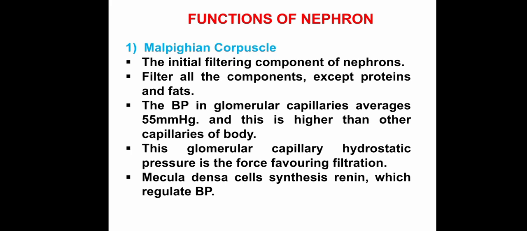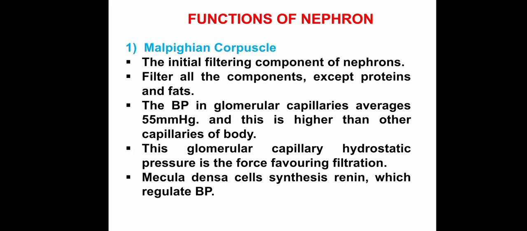One function is the reabsorption of that filtrate. Third function is the secretion. So three functions are actually performed throughout the nephron. One is the filtration, which is the only function going on in the Malpighian corpuscle. What about the rest two? The secretion and the reabsorption are performed by the renal tubules. So the initial filtration unit is the Malpighian corpuscle, and its function is only to filter.